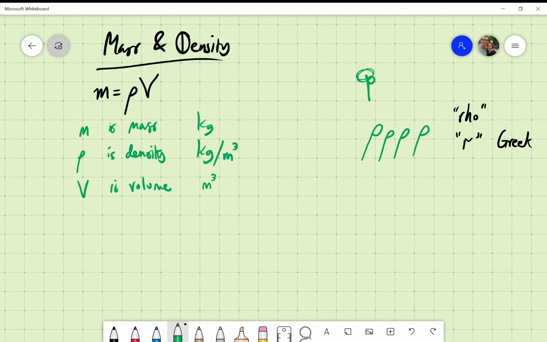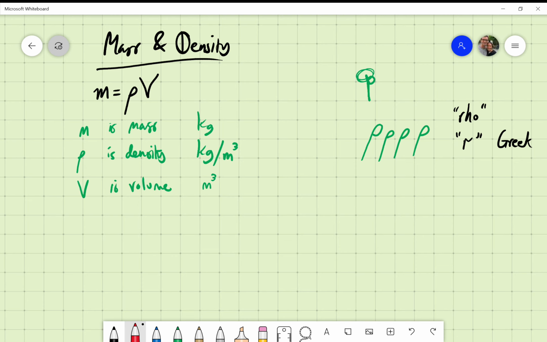Now I think it should be pretty obvious, you even see it right there in the list of units, that all those units balance out across the formula. When you take your kilograms per meters cubed and multiply them by meters cubed, you get cancellation happening and you get kilograms, which gives you the mass. Okay, before I go any further, let me give you the equivalent units